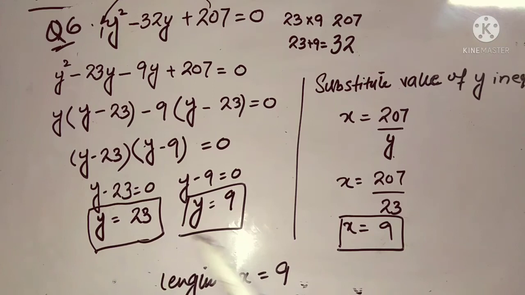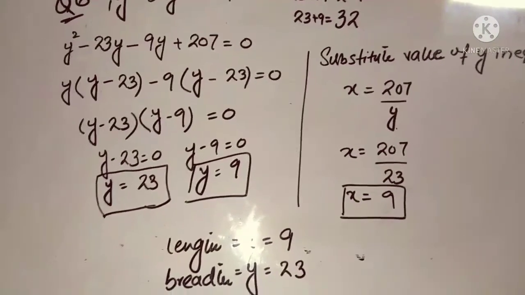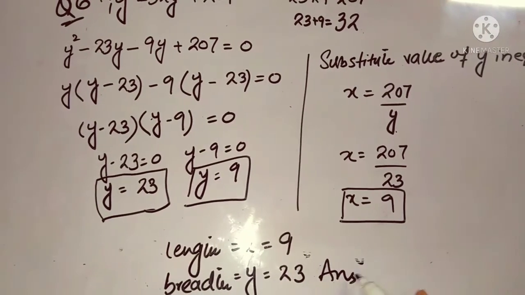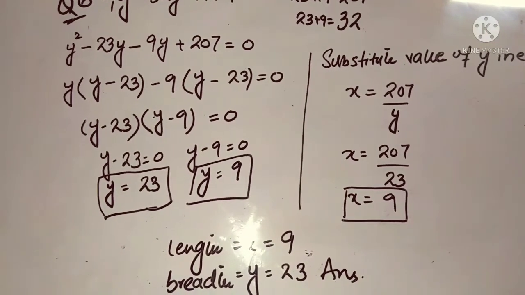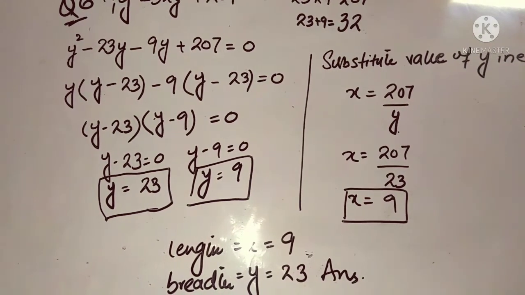So these are the two numbers. Here this is x and here this is y. We assumed that length is equal to x and breadth is equal to y. So breadth is equal to y, which is 23, and length is x, which is 9. Okay, and breadth is